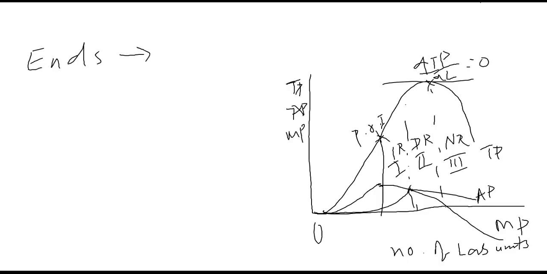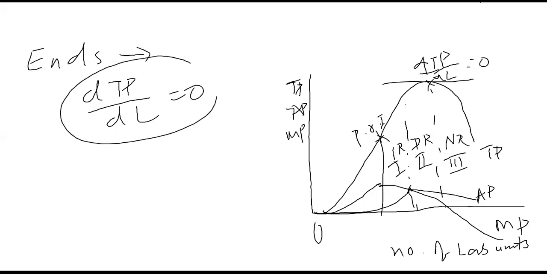This stage ends where the total product is maximum. Why am I saying maximum? Because you are taking the first derivative equal to 0. This stage ends where the total product is maximum, where the marginal product